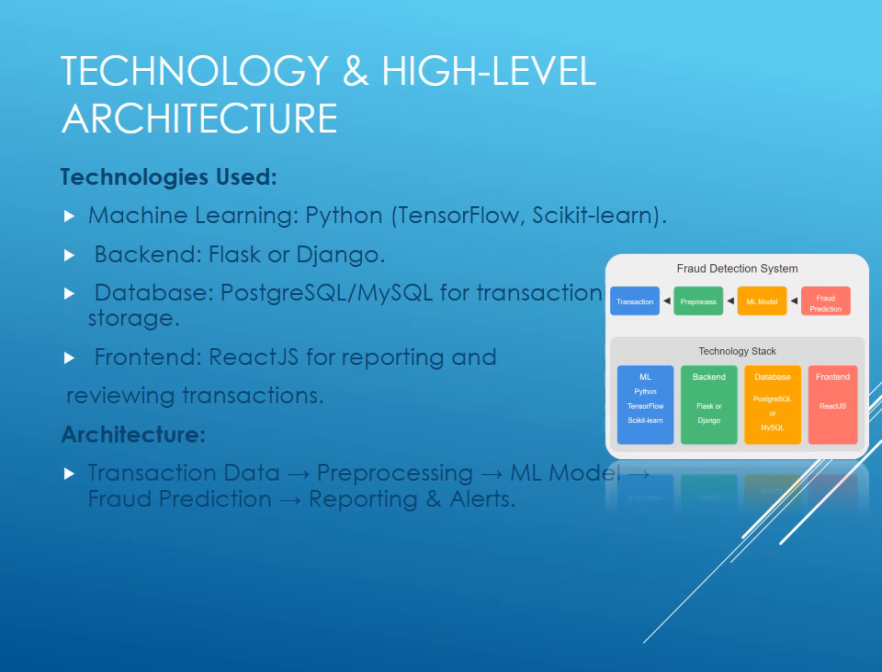Coming to the technologies and high-level architecture behind our credit card fraud detection system, we carefully selected robust technologies to ensure the system operates efficiently at scale. For machine learning, we are using Python with TensorFlow and Scikit-learn to build our fraud detection system. On the backend, we have Flask and Django to handle API calls and manage communication between the model and the